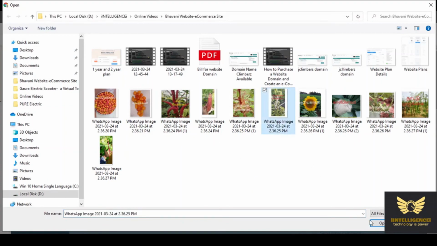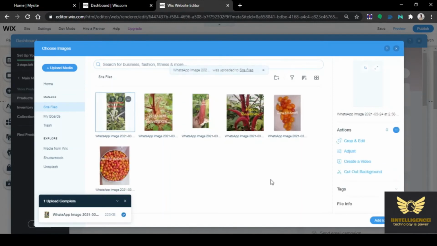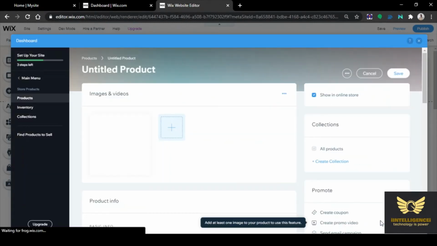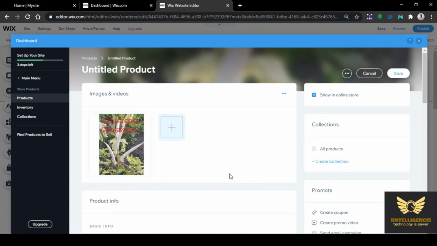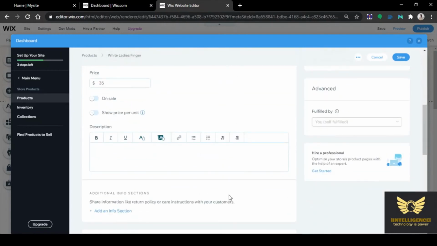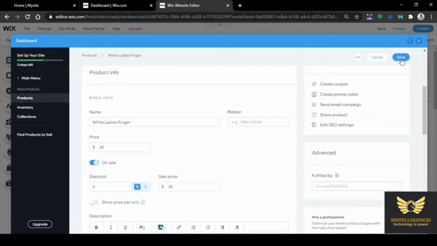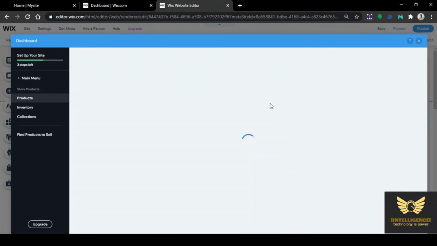Upload from computer. While uploading images, you can add more images if you have. As a demo, I am uploading only one image. On sale. Also, it is better to give the product description without fail.